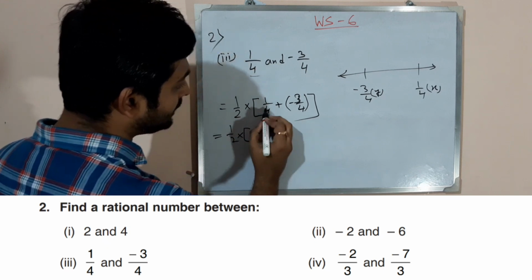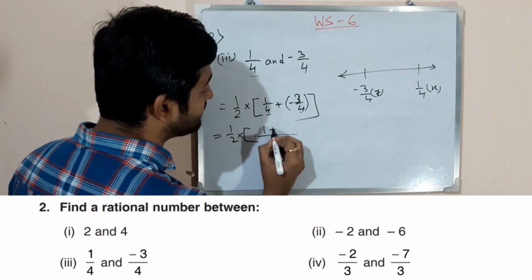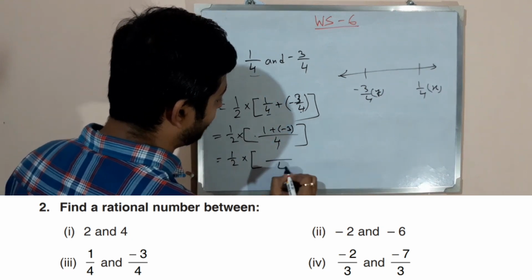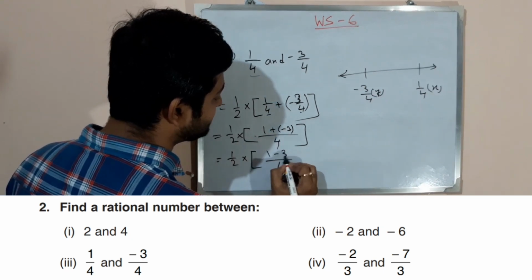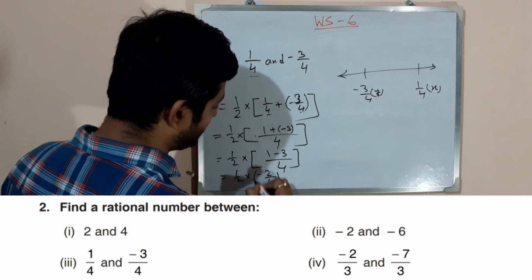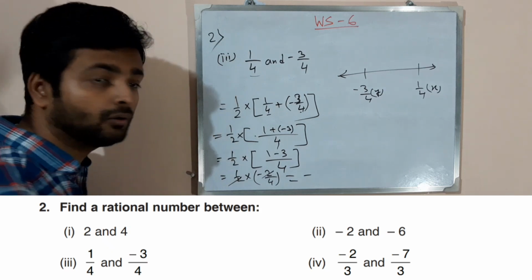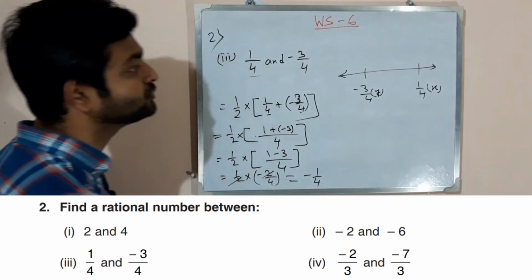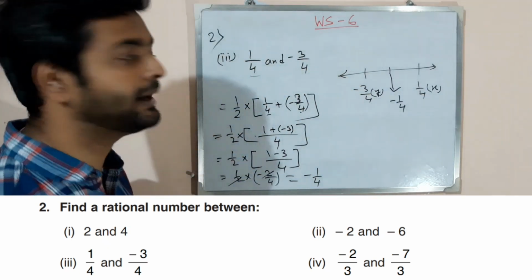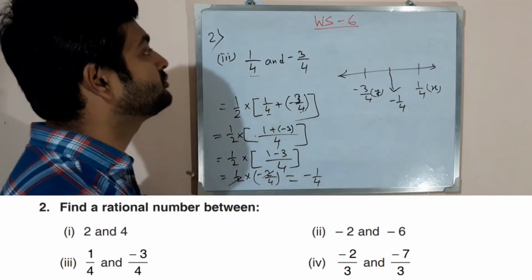अच्छा चलो, 4 is the LCM because you know both denominators are 4, so 4 we will write first. Then 1 plus of minus 3, bracket close, half into 4 over there. Now 1 plus minus 3, half into, that is minus 2 by 4. Now you can see 2 and 2 are cancelled. Now minus plus minus झमेला हटाओ, then that is 1 by 2, minus 1 by 2. You write over there in between, minus 1 by 2, the rational number which is present in between two rational numbers. Okay, so this can be solved by another method.